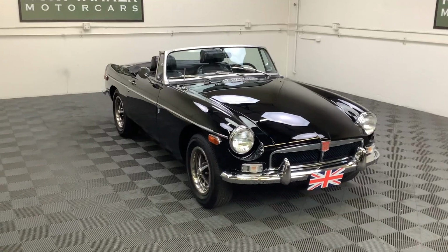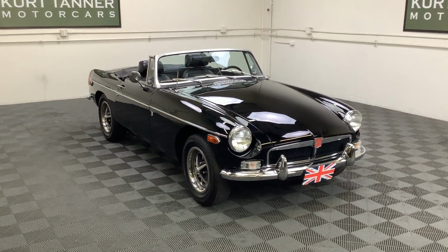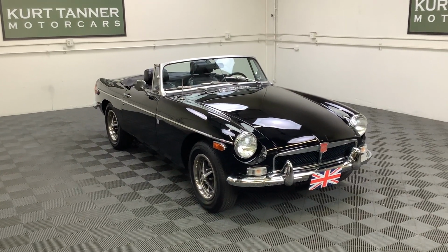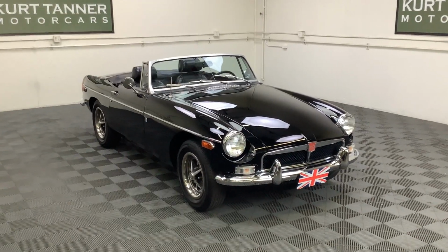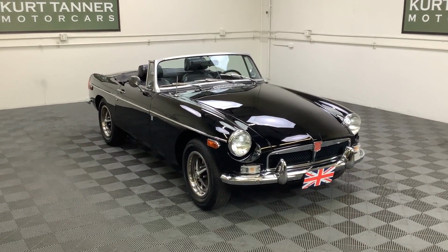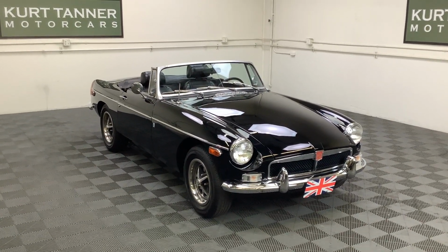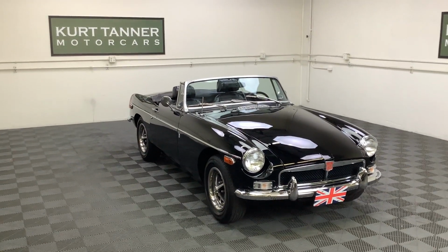With superb cosmetics, excellent mechanicals. This is our 1974 MGB Roadster. Black paint, black interior, black soft top and top boot, jack, tools, all the correct original accompaniments with the car. We believe it's 44,000 original miles. Completely new interior, new soft top, new paint, new chrome. Beautifully restored car here. If you're in the market for an MGB in these very special colors, here it is,